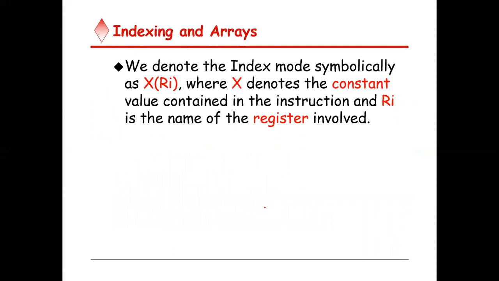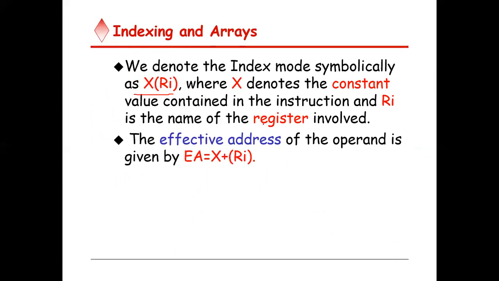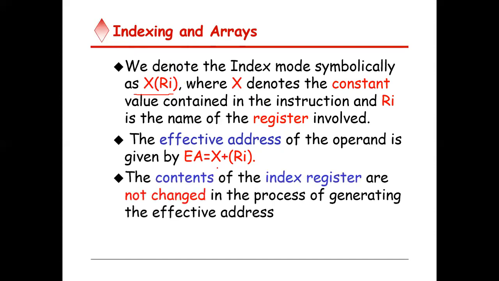How can we write it in the instruction? It will look like X(Ri). Ri is put inside the bracket, so Ri will be keeping an address. Along with that address you add X also, go to that corresponding address, and there you can find the operand you need. So the effective address will be X plus the Ri address. Both will be added and the result will give the operand. When you do this operation, the index register is not changing. Only the offset, or the constant value that you are adding, is varying.